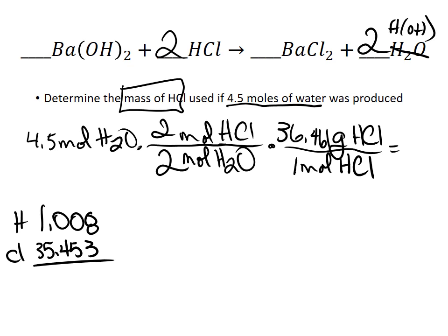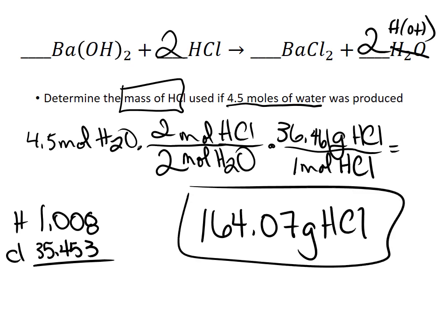So we're going to do 4.5 times 2 divided by 2 times 36.461. And I got 164.07 grams of HCl. Okay, so we've done some examples and hopefully you understand, but I'm going to post an